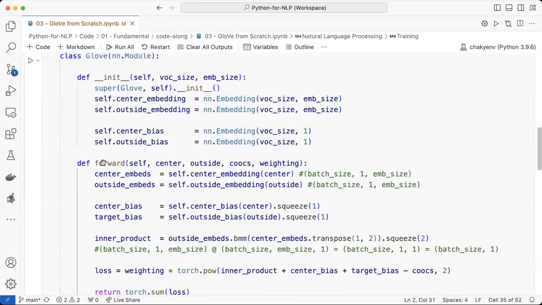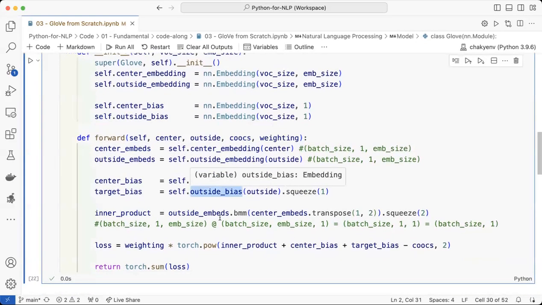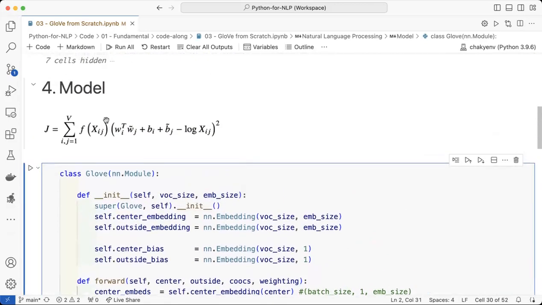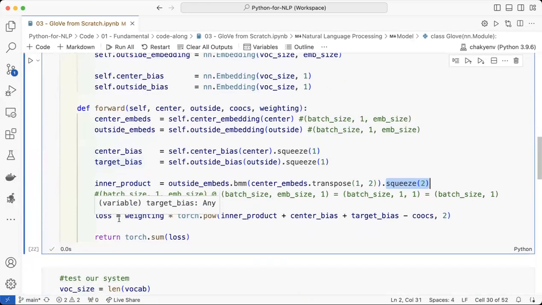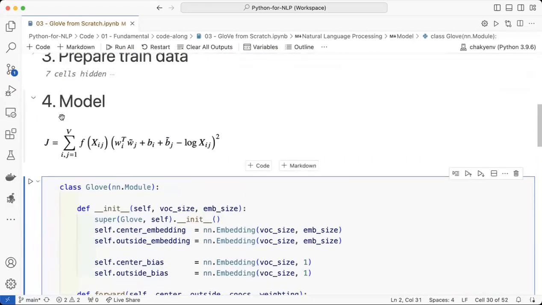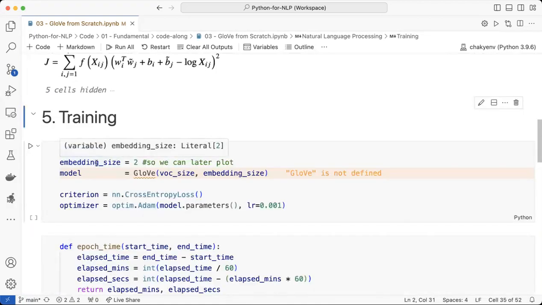I recommend that you try to type this by yourself, right? Because you learn more when you type, and try to print out each of them and take a look. I guess the difficult part is, why do I squeeze something like that? Maybe simply because the shape will work correctly. Otherwise, as long as you understand this equation, then it's quite good. It's not that difficult to code this. Yeah. All right. So now we have the model, and I think we are ready to actually run the training,